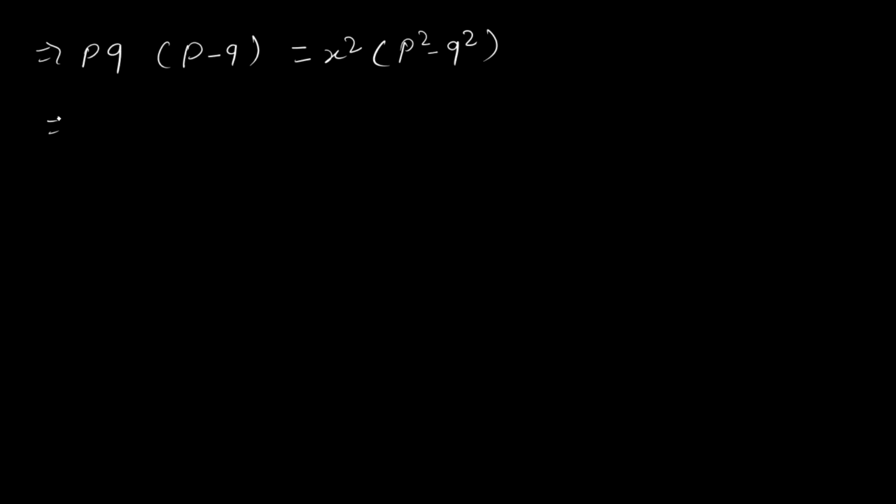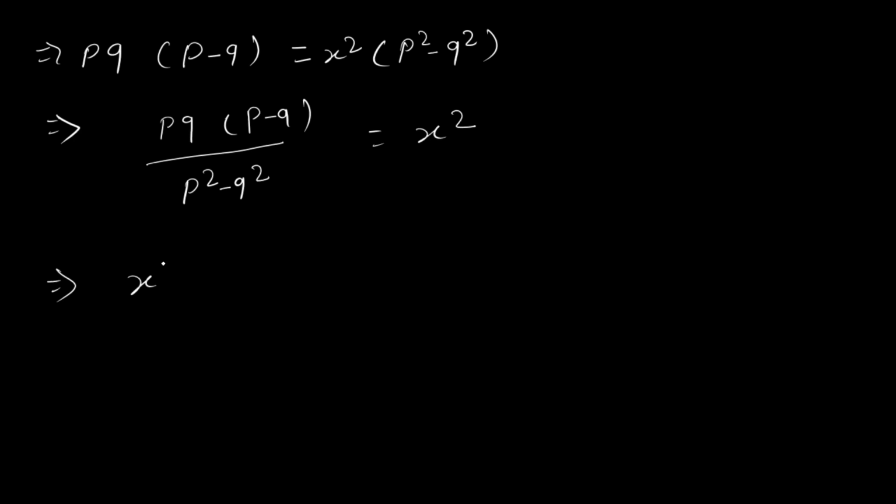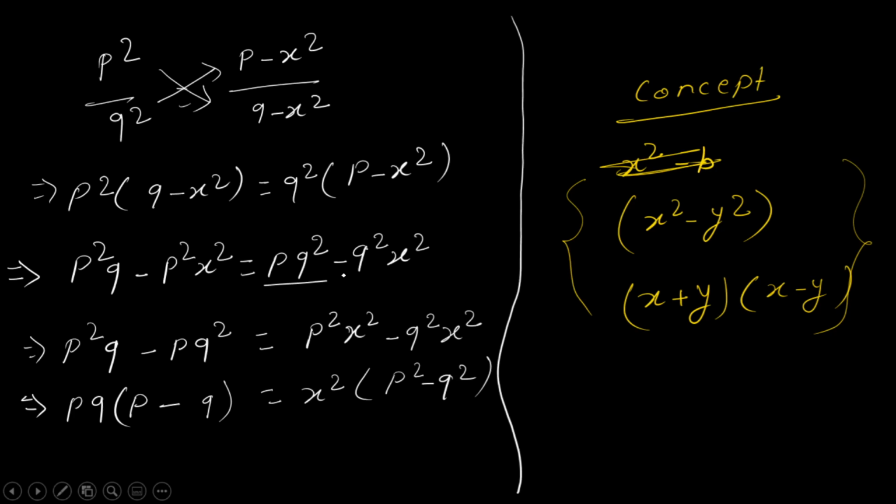Right. Now PQ P minus Q divided by, if this PQ I will bring this side, and this will be left with x square. So I can say x square equal to PQ P minus Q,